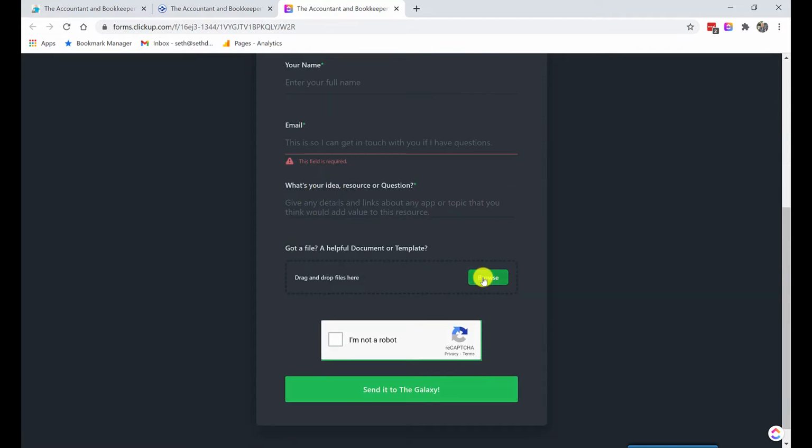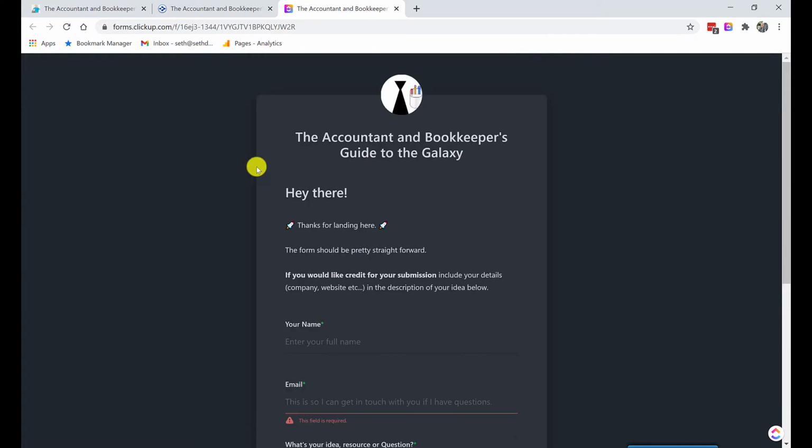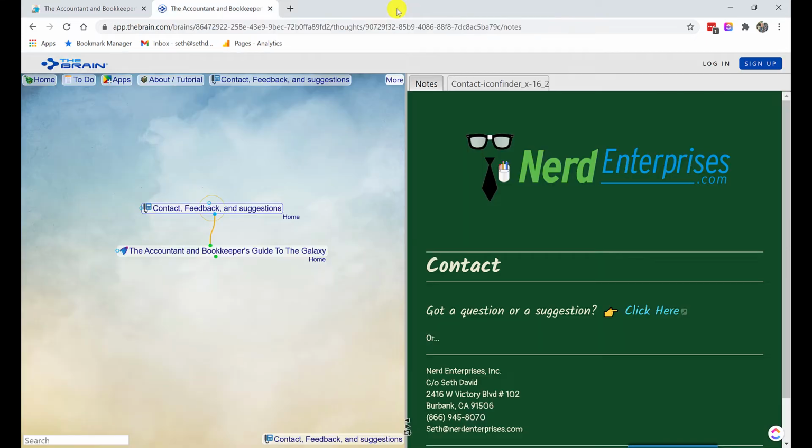I've even included the ability for you to upload and attach documents if you'd like a template that you've created to be included in the resource. If you'd like credit, just indicate as much when you fill out the idea, resource, or question section, and let me know that you'd like credit. Include the link to your firm's website, whatever you want to be included when I give you that credit.